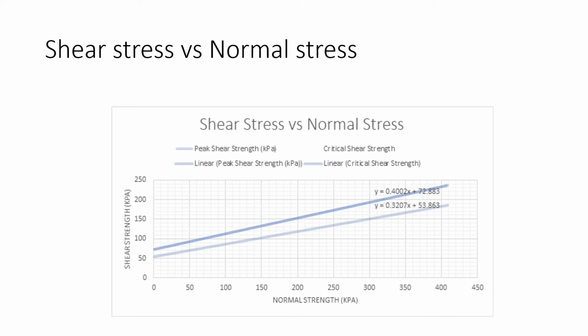We found the peak stress cohesion coefficient to be 72.88 kilopascals, while the cohesion angle phi to be 21.78 degrees. For critical shear stress, it was found that the cohesion coefficient is 53.86 kPa, while the cohesion angle being 17.78 degrees. These parameters indicate that the soil is classified as a soft clay, meaning disposal can be done with a scraper or digger, with the material being able to be reused either on site or taken to a proper